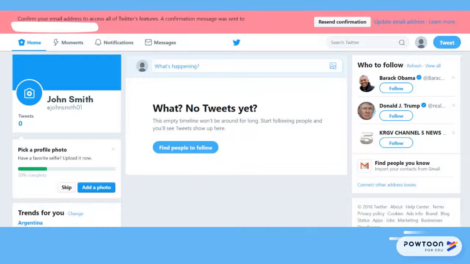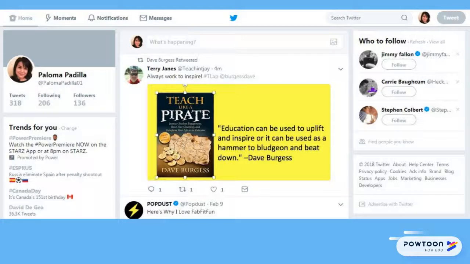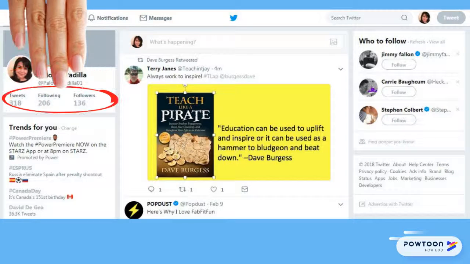their timeline to view their bio and their tweets. You can view a person's timeline by clicking on their name. If you decide to follow that person, you can do so by clicking on the follow button. The number of users you are following and the number of users following you will appear here like in this